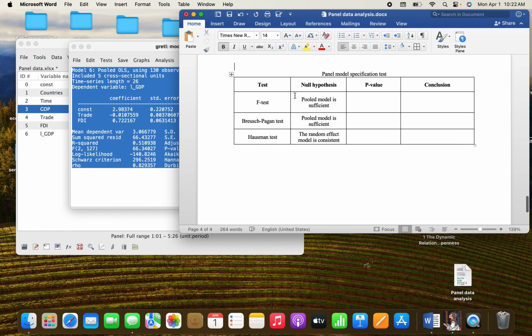So at this point, we have three tests under this panel specification test. We have the F test, which compares the pooled with the fixed effects model. We have the Breusch-Pagan test, which compares the pooled with the random effects model, and then we have the Hausman test, which compares the random effects model with the fixed effects model. And a lower p-value counts against the pooled model if the